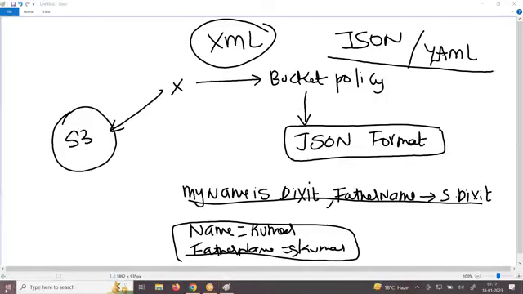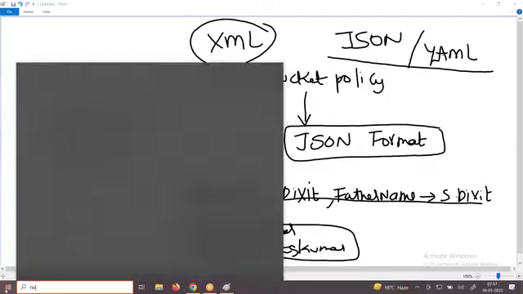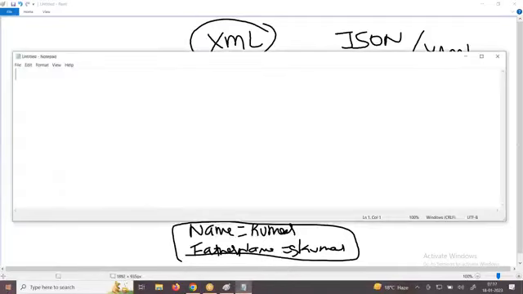It's a common format and there are some rules and regulations in the JSON format. Like for your example, this is a JSON format. Sir, how will the JSON format look? I am asking, hey Dikshit, please provide your mother name, father name, your sister name, your brother name, and your name, and what are their habits.